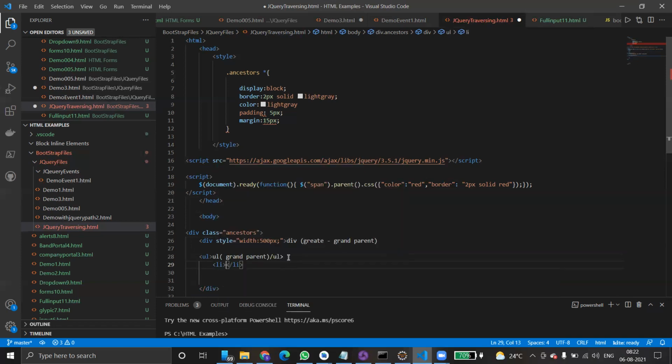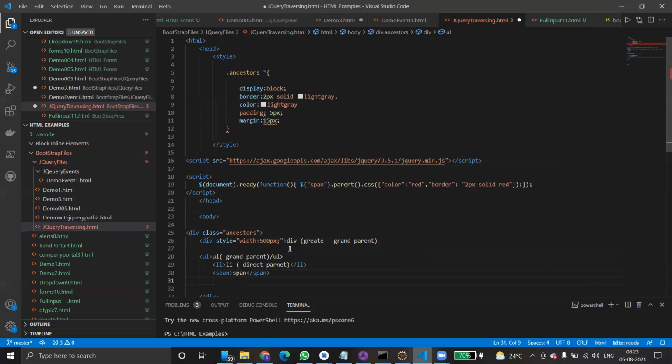Inside the list item, we can simply say li direct parent. And then I'm going to create one more object called span.